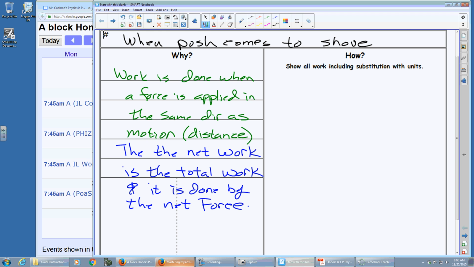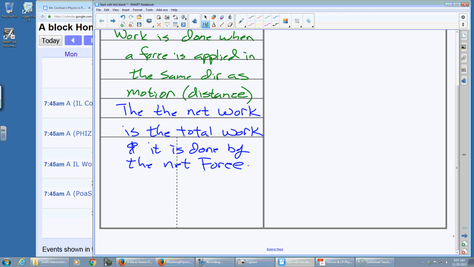And that gives me the option of either looking at it as the total, as all the works combined, or looking at what my net force on the block is and figuring out the net work done. And then the last part I should have in here is